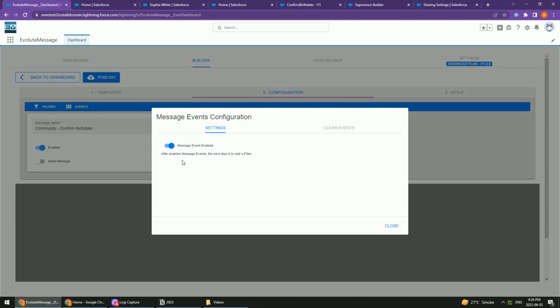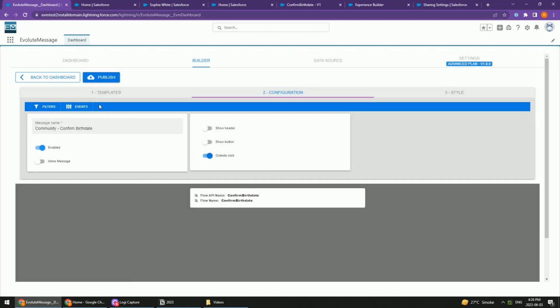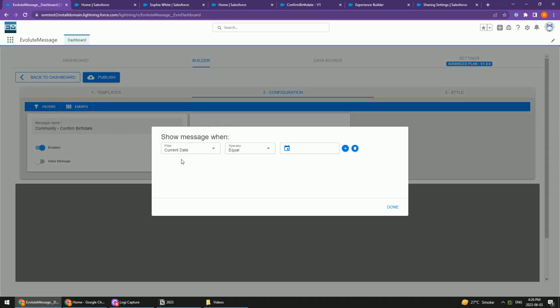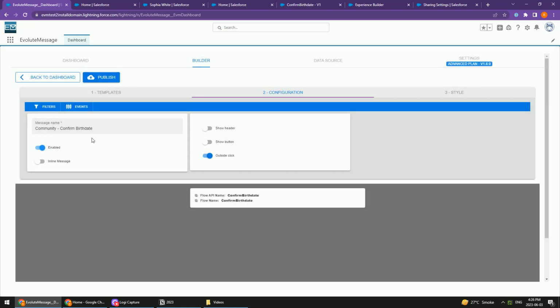And then now I need to go and enable the filter and say which type of event I want to show the message. So I'm going to say here, show the message when the current message is displayed once per record, but we don't have a record page, so I'm going to say once per user, right? So this message is going to display just once per user. If that user sees this message, we are not going to display it anymore. So if I save here,